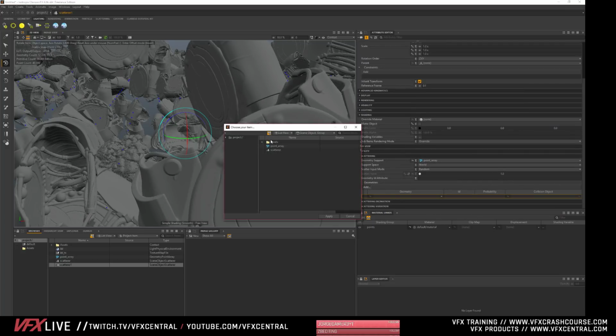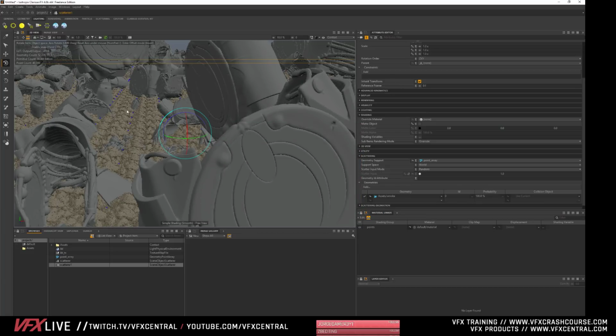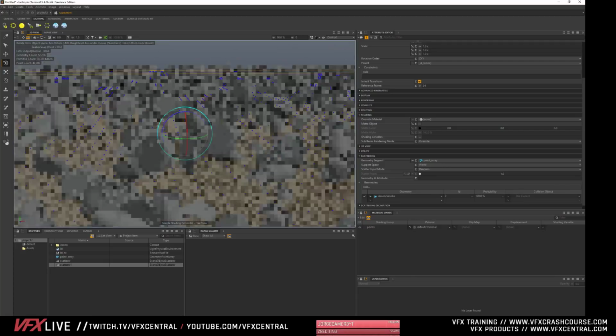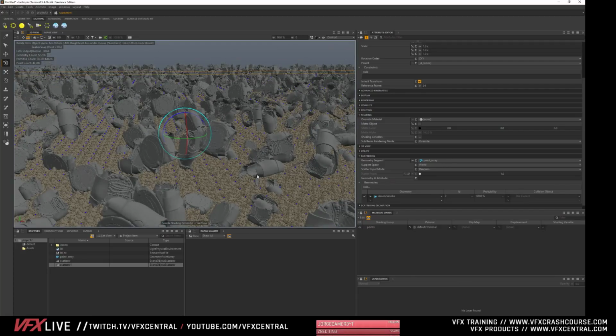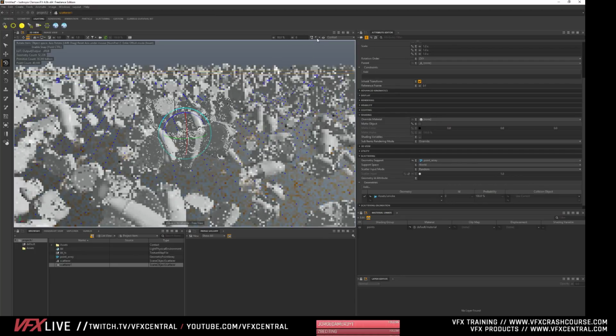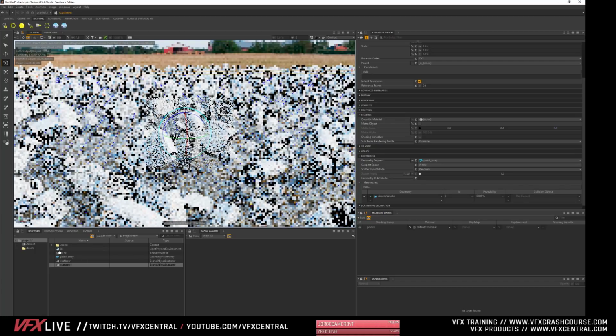So we're going to go into the asset, and there's that smoke. So now you can see we have a bunch of these little clouds in there, and these will render just fine if I go into our progressive rendering mode. You'll see all of that rendering.